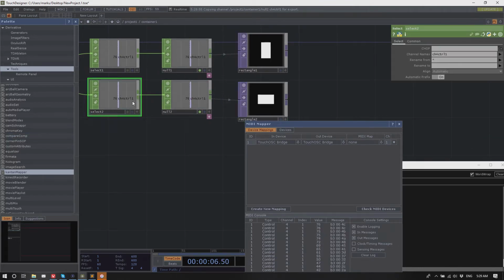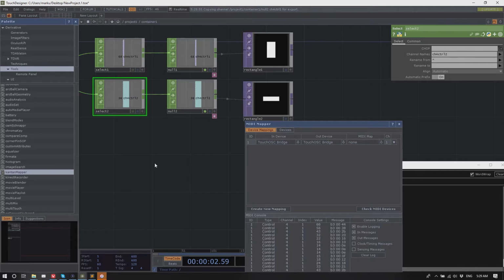So you can see, despite me just changing the first rectangle, this one here is cooking as well, although nothing is changing. And this can quickly become a problem because you move one MIDI slider and everything starts cooking.